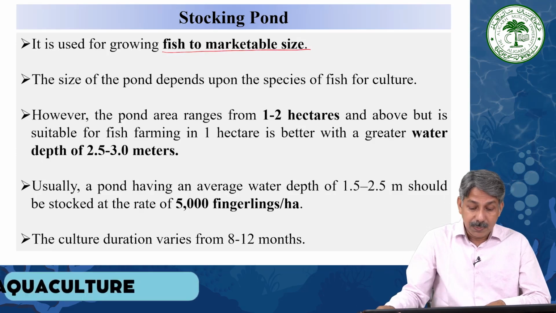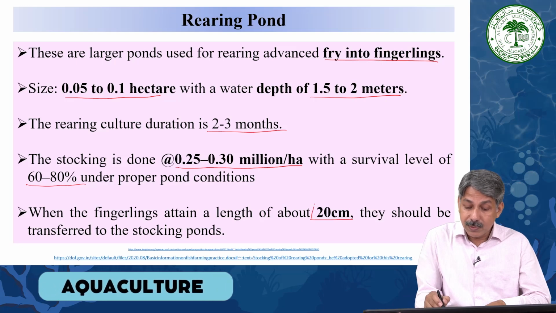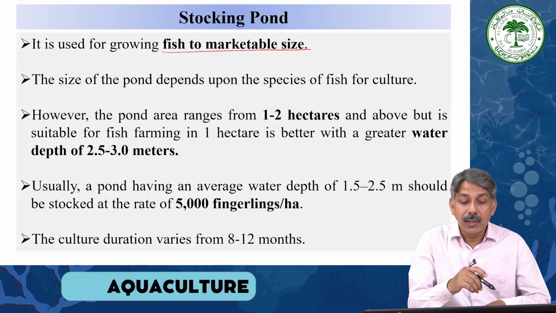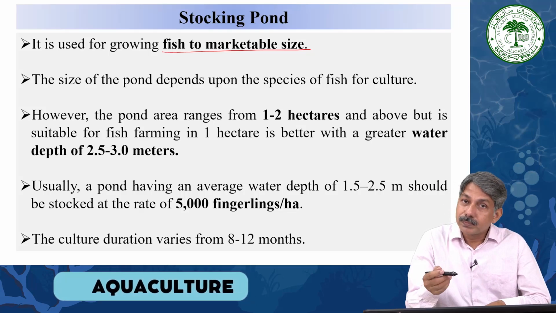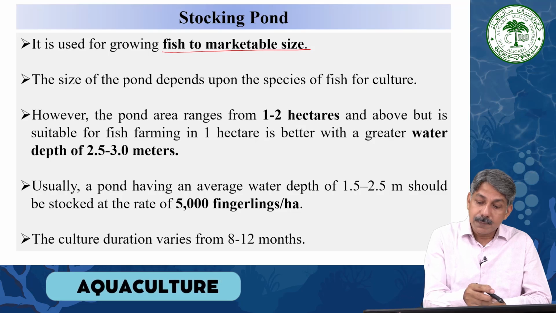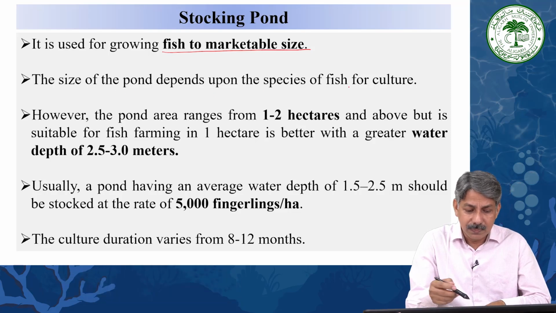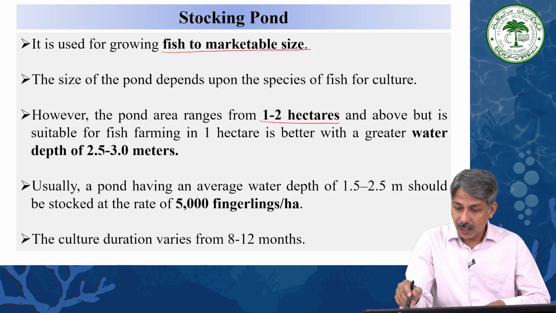In the previous slide, you have seen that about 20 centimeter fish is stocked into the stocking pond, and then it grows from 20 centimeter until it reaches marketable size. The size of the pond depends upon the species, of course, that is, what kind of species you are stocking. Pond area ranges from 1 to 2 hectares and above,